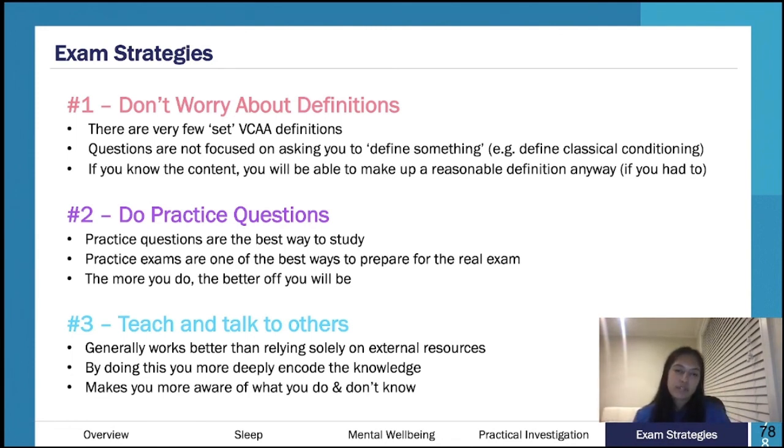When I wrote out my memory 10 marker in my exam, I basically thought of it according to the study design. And I remember at the end of my 10 marker, when I had written everything, I added maybe a couple extra dot points because I remembered, oh, I didn't talk about this specific dot point on the study design. Let me just write something here. And yeah, that was kind of that. So really know the study design. Use the study design for your studying.